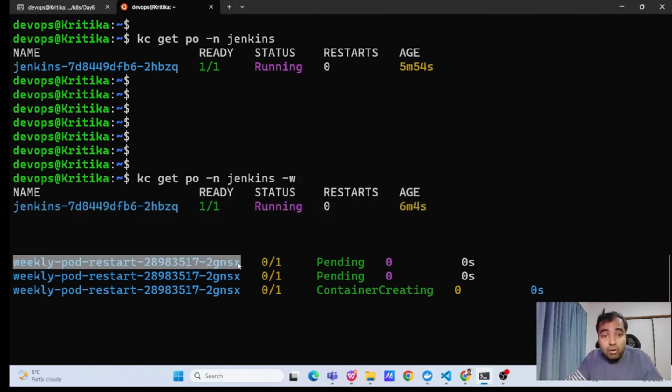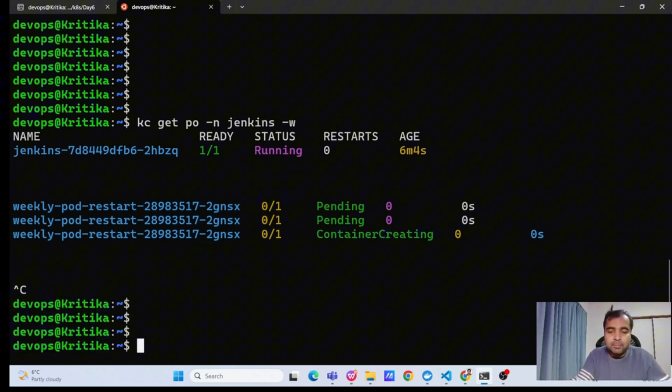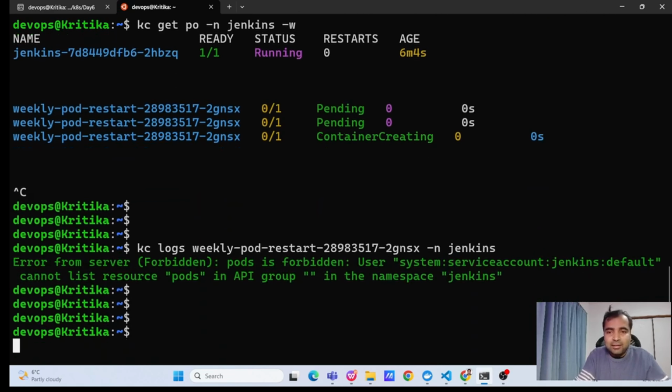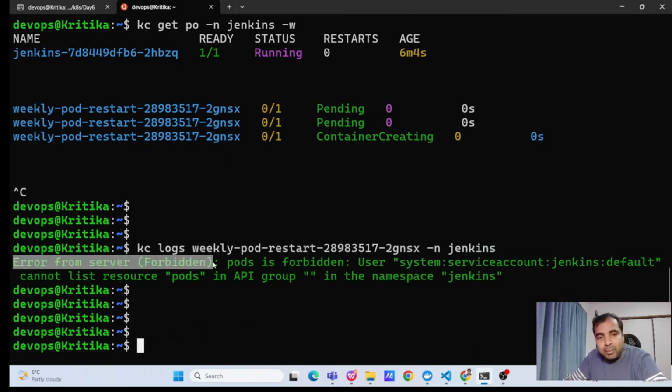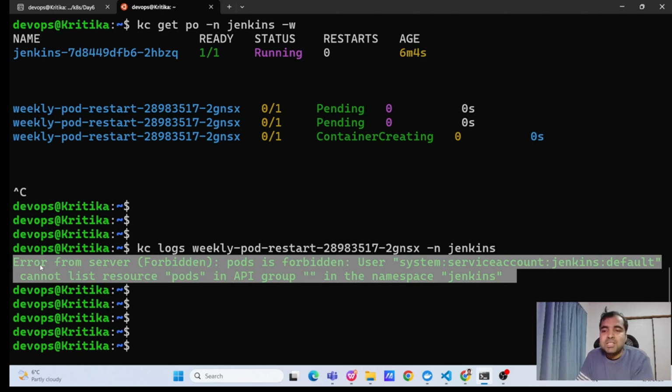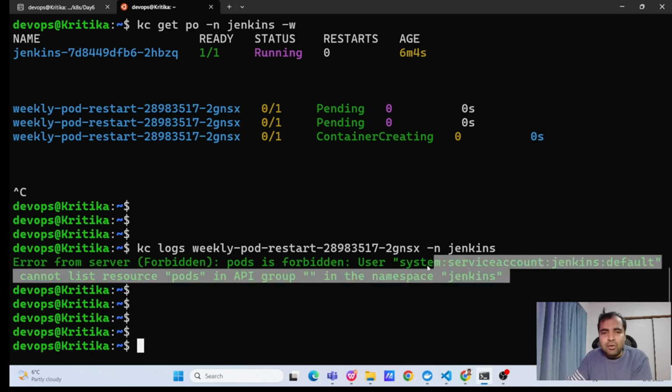Why? Let us see the logs of these pods first. So just go here, and if you see kubectl logs, this -n jenkins, you see one error. Error from server forbidden. Pod is forbidden. User system service account jenkins default cannot list pod in API group in the namespace jenkins. So here we got a permission issue for our service account, which doesn't have the permissions in namespace jenkins to list the resources like pods, and then maybe delete those pods as well. So this is the reason we are not able to